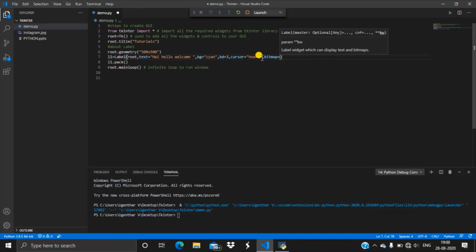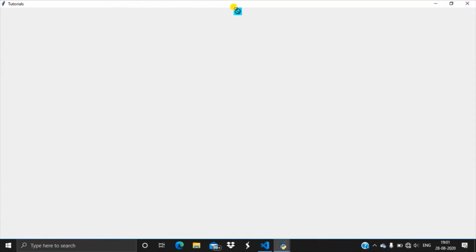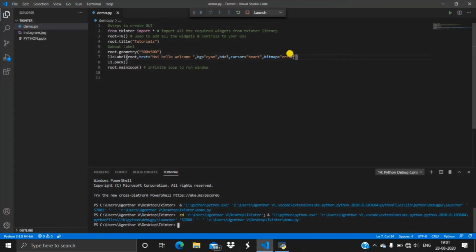There are many bitmaps. First let me try the error bitmap. Here you can see the bitmap is like an error cross. This is nothing but the error bitmap.